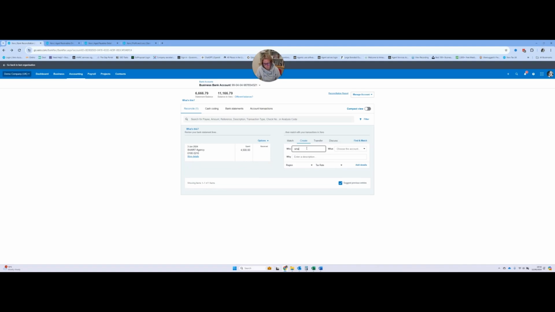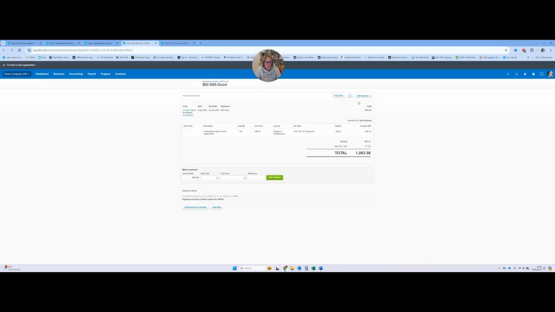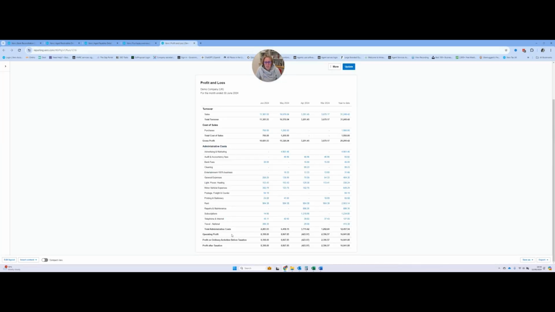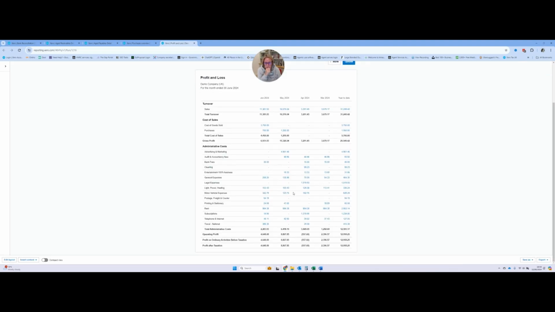post them as an example. Okay. And then we are going to remove the duplicated Central Copiers invoice. So we're just going to void this bill. Our profit and loss account is currently 8,398. If I then update it for those adjustments we've made, the profit is actually 4,648. So you can see by not having those transactions posted correctly in the accounts, you're not making your decisions